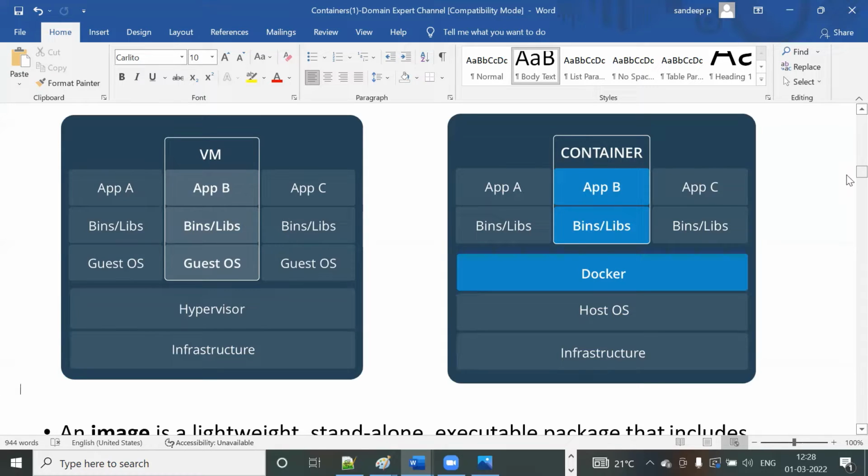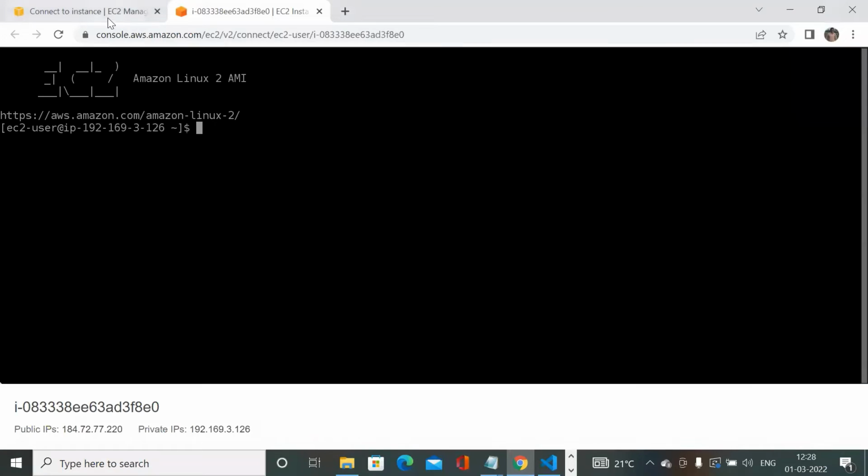Now let us try to install Docker on EC2 instances. For that, I'm going to navigate to the AWS console page, and I'm going to log into EC2. At this moment, I have created one EC2 instance having the public IP address 184.72.77.220. The first step to install Docker is, log in as sudo root,